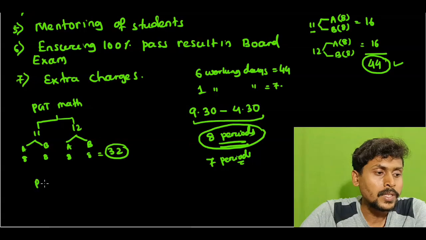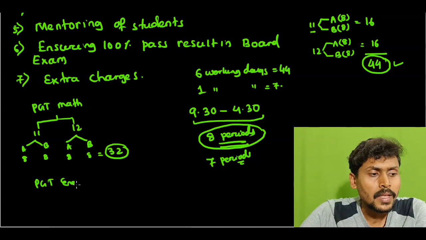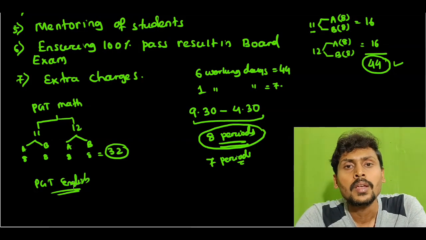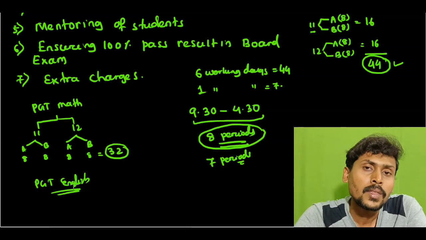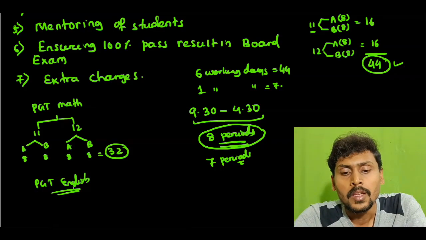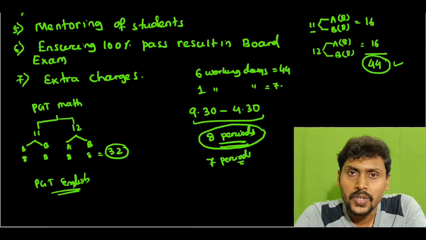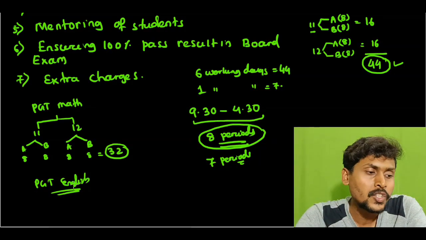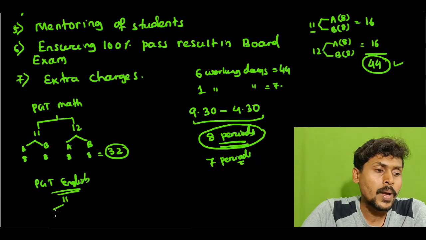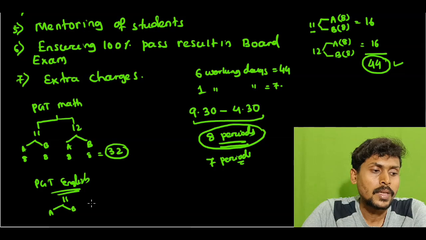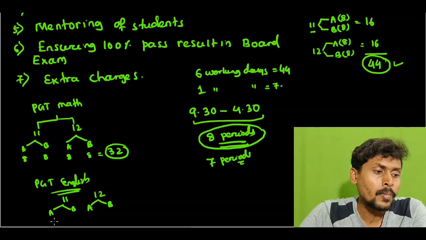Okay, next we'll discuss PGT English. If you are a PGT English then you have to teach in class 11 and class 12 because, like mathematics, in each OAV there are two TGT English teachers, so they will manage from class 6 to class 10. The PGTs will teach in class 11 and class 12. In 11th you have two sections, in 12 you have two sections. According to the OAVS guideline you have to take 5 classes